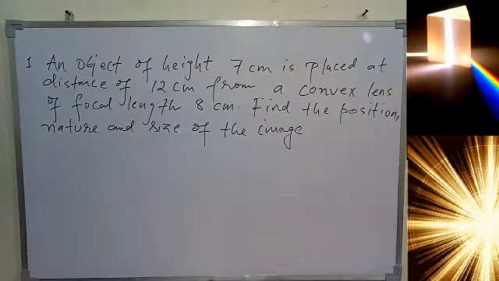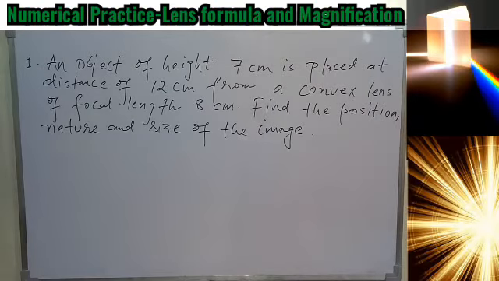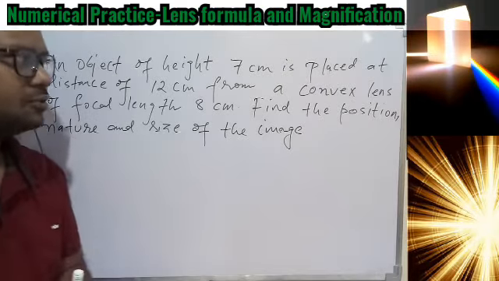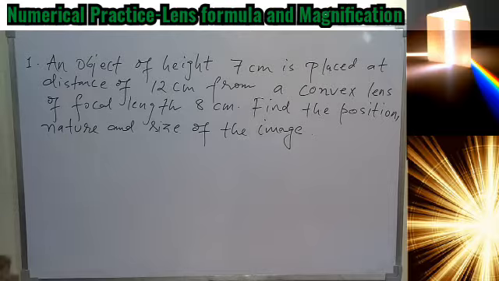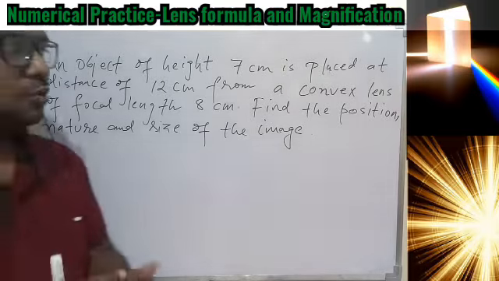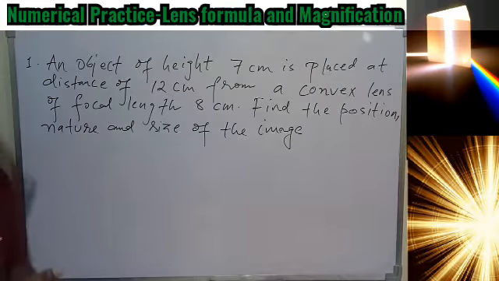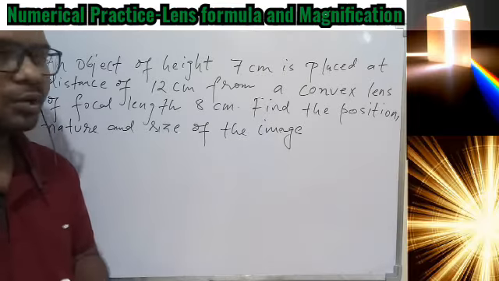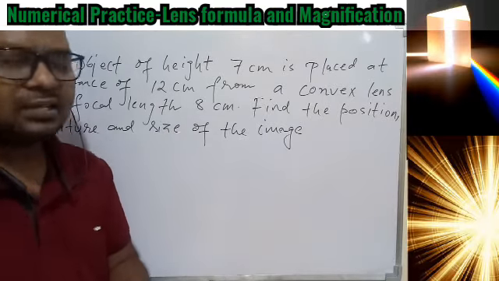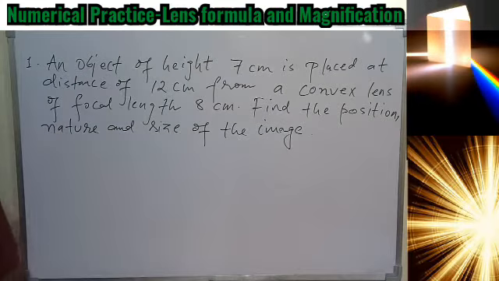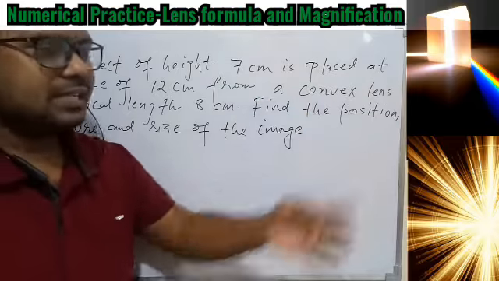And as you can see, I have already written the very first numerical based on the lens, that is image formed by lens. Okay, so whenever we go for the numerical, the very first we need to find out what kind of optical device is given. That is the very first important task we have, to identify the type of the optical device we have. Okay, so here we are given convex lens, we can see.